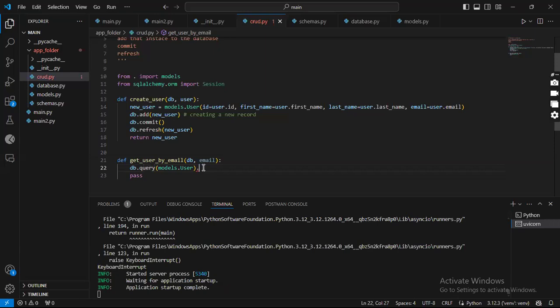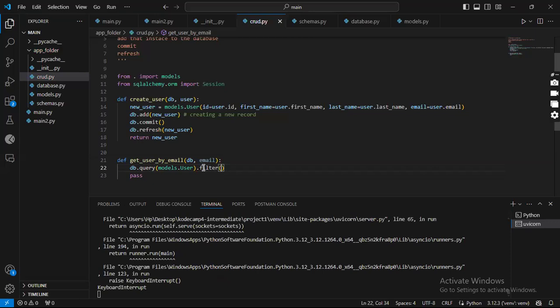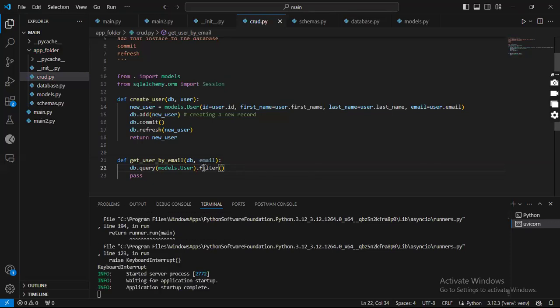Then after fetching, go ahead and do a filter. So there's also a filter command. And then basically what you want to filter is the model.User table's email column. So you want to check